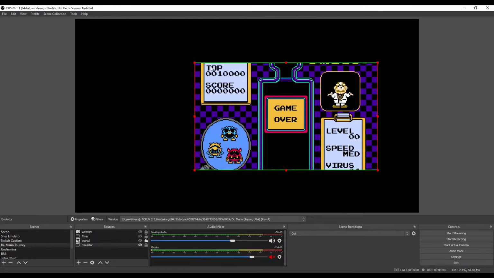You can shrink it down so that the word top up here and the word virus is down here. And you can shrink the sides in too to make it a little easier. Then bring up the stencil,